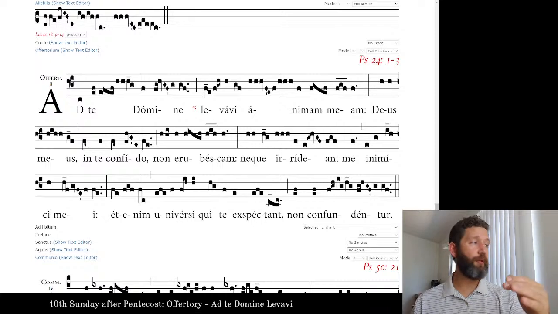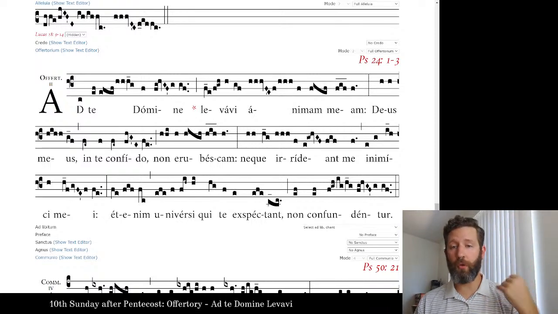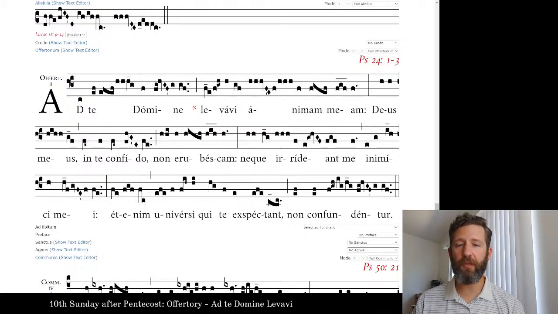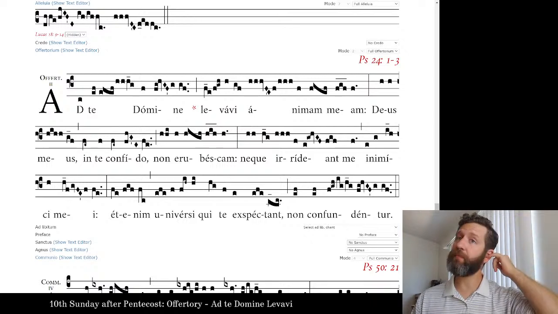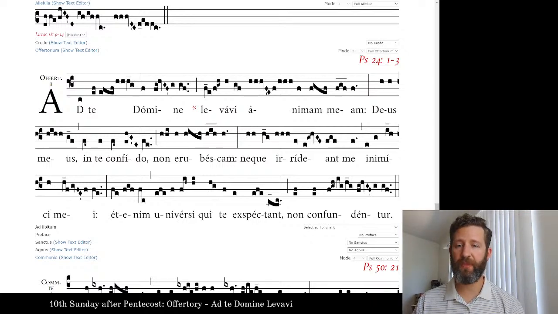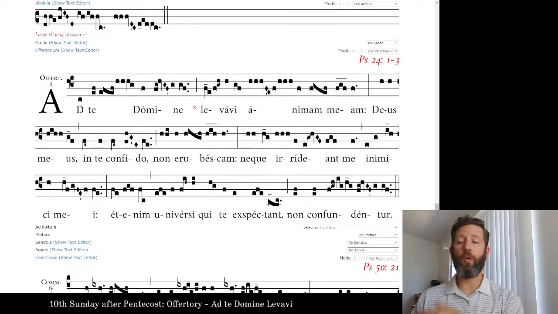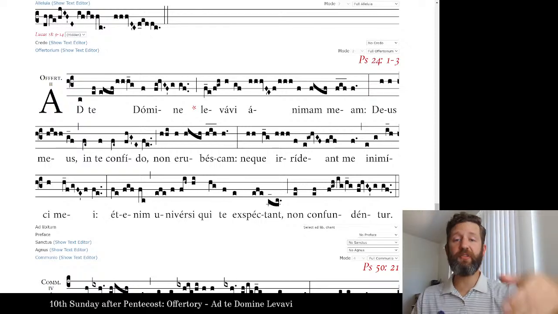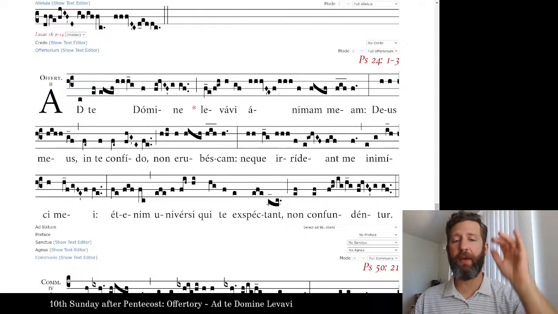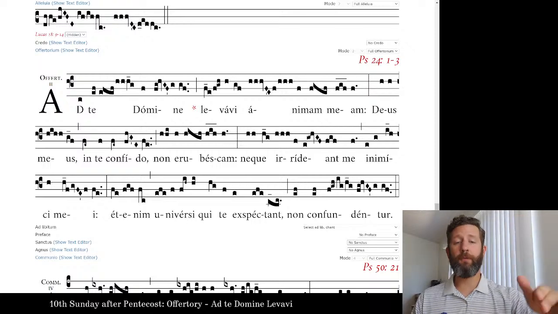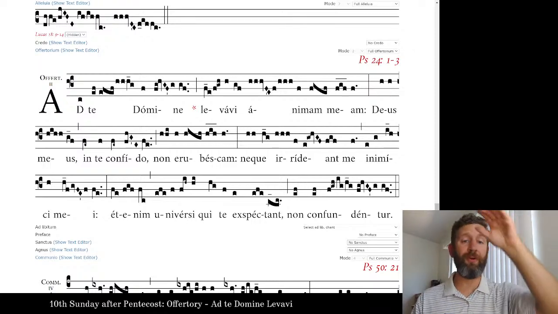Et enim universi qui, and it makes more sense. Notice here, you get a really good sense of why those liquescents are there. Versi, because it's warning you to make that liquescence there, right? I'll start from et enim. Et enim universi qui te expectant, non conformi